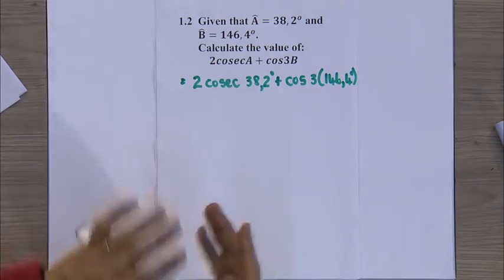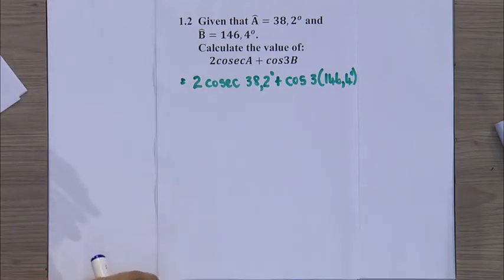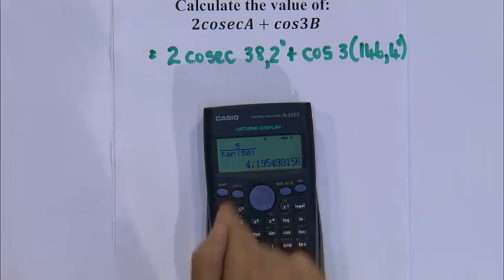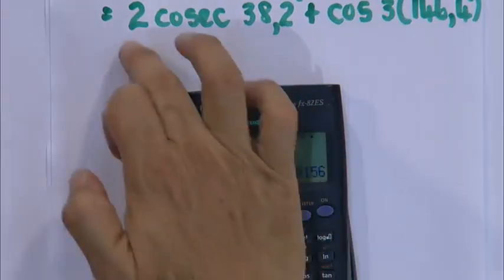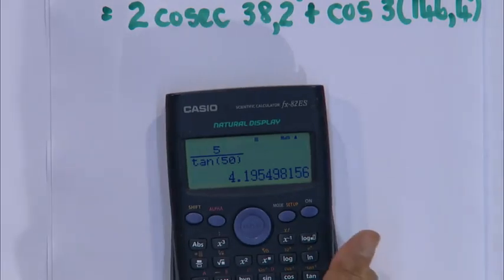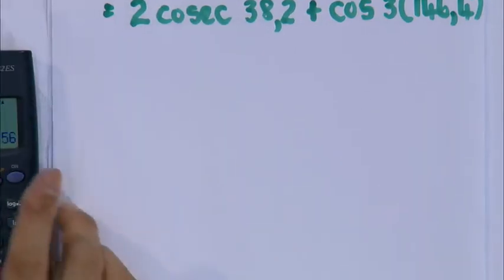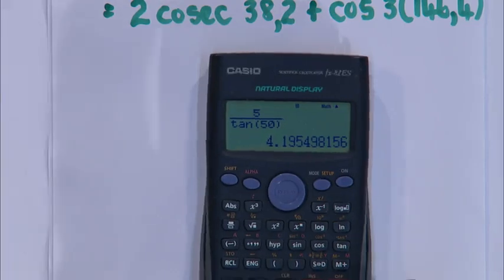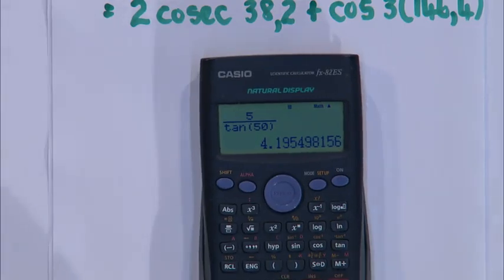It is basic calculator work, but this little tool, if you don't punch in properly according to the mathematical calculation, you can get different answers. Now, before we get to that, we don't have cosec on the calculator. We only have sine, cos, and tan. So if I want cosec, remember what I said. How can we write cosec as a reciprocal? Cosec goes with 1 over sine.